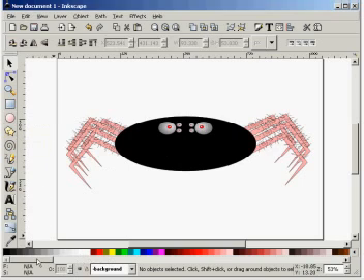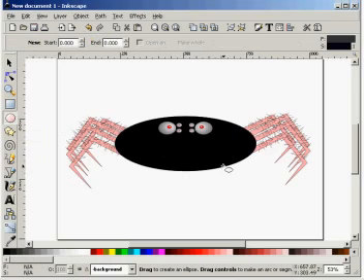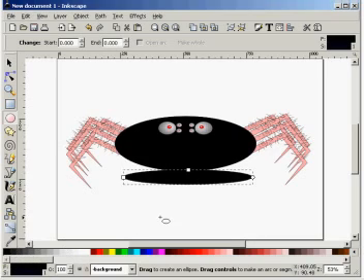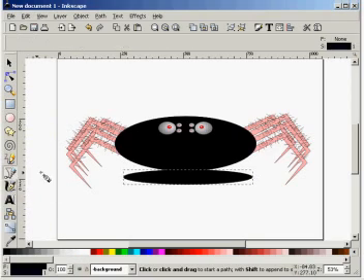So what we're going to do is make sure that we've selected a nice grey colour, so let's start with that. We're going to create an ellipse that's about the same width as the spider and obviously a lot thinner, and we're going to choose black, keep it simple, and then we're going to create shadows for the legs, and we can do those with the pen tool, and we just simply create a series of triangles